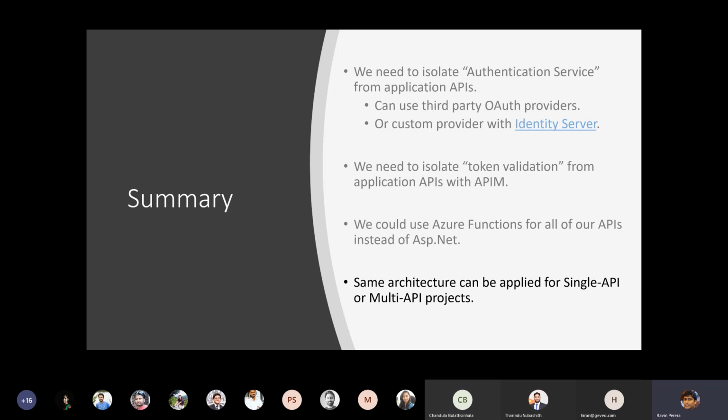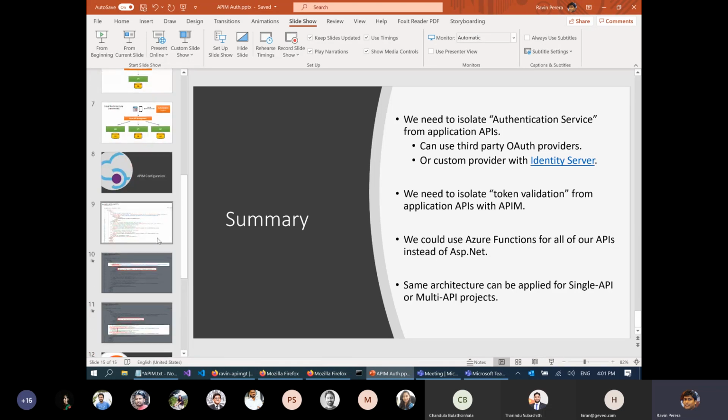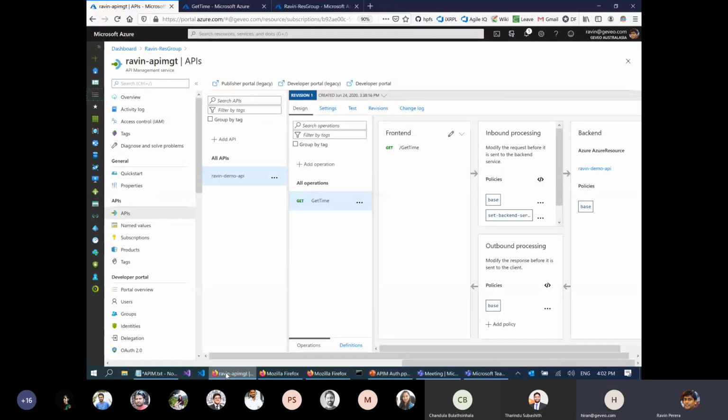One thing I almost forgot to mention. Hiran would understand the pain of this very clearly, and probably Chandula would also. Hiran, do you remember that in Stream Analytics, in the past, we were coding in the Azure portal text window? If you wanted to make a change, we had to go to the Azure portal and change it, right? Yeah. Okay. Later you found out you could plug in the source code repo to it.